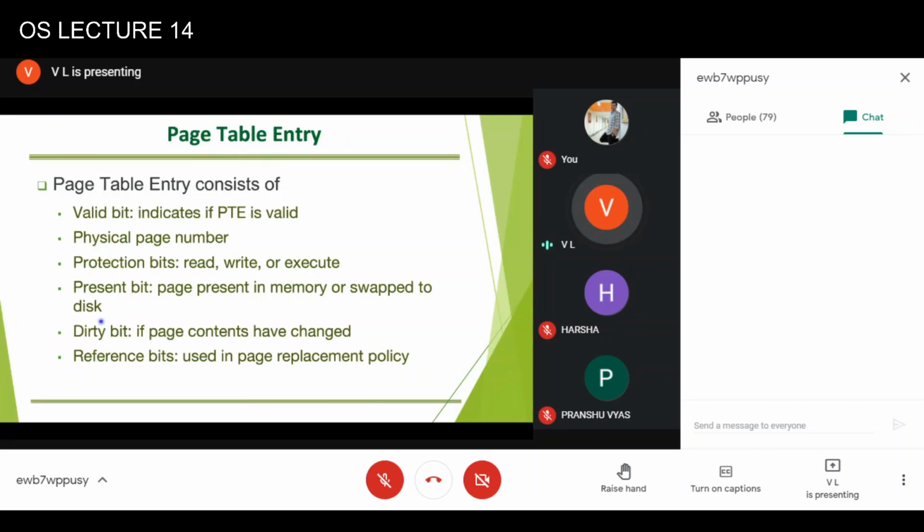For example, if you are opening an editor, this editor will need a buffer in which it will keep the file which you are creating. Ultimately this buffer needs to be stored into the hard disk. But this buffer is actually the data of that software, and this data is also stored across multiple pages. So whenever you make some changes to your file, that data is being changed and that particular page needs to be stored back. Is that clear?